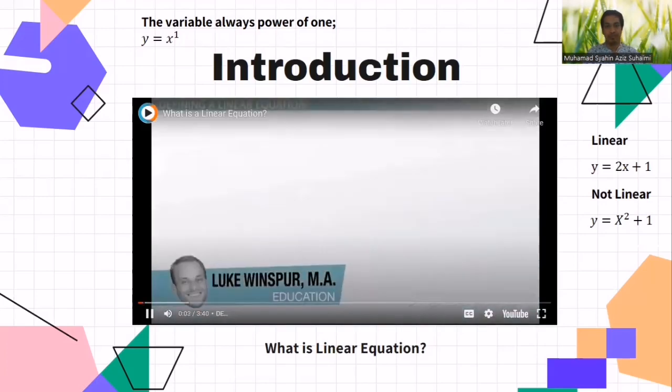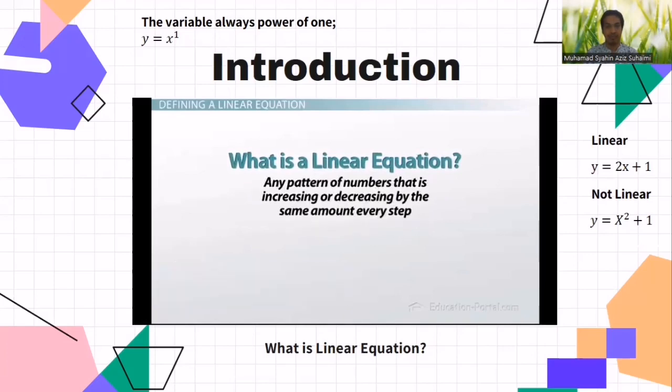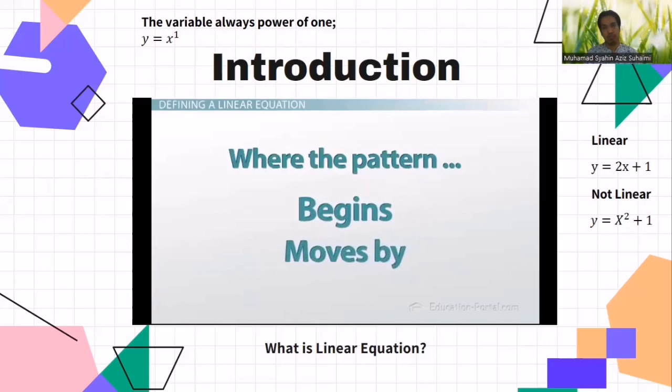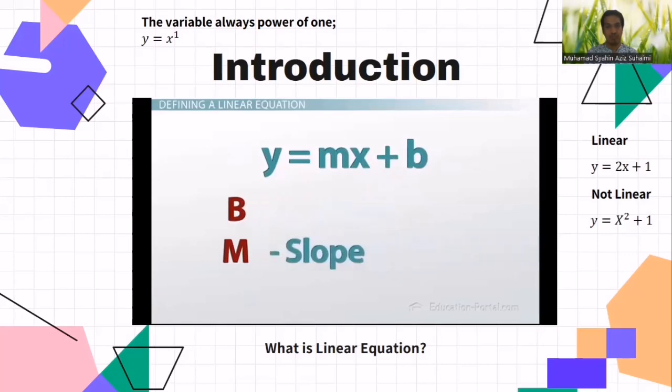This lesson is on what a linear equation is. And the answer to that question is essentially a linear equation is any pattern of numbers that is either increasing or decreasing by the same amount every step of the way. This means that the only two things we need to define a linear equation are where the pattern begins and how much the pattern moves by. What that leaves us with is what's called the slope-intercept form of a linear equation,